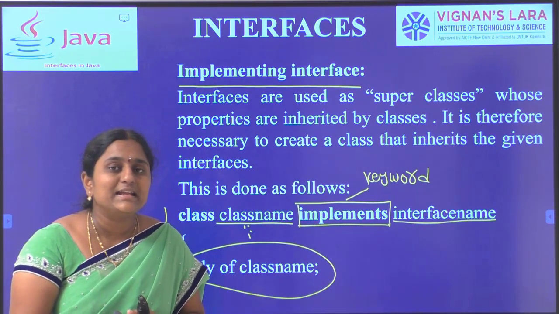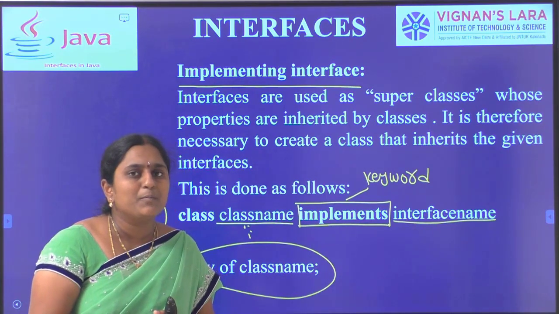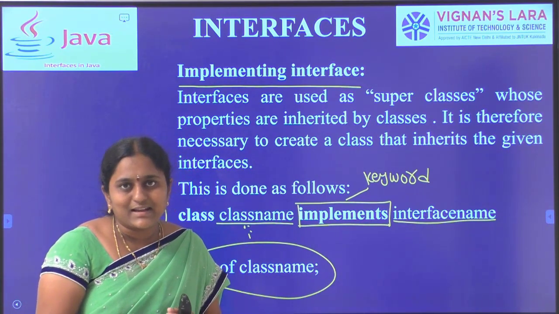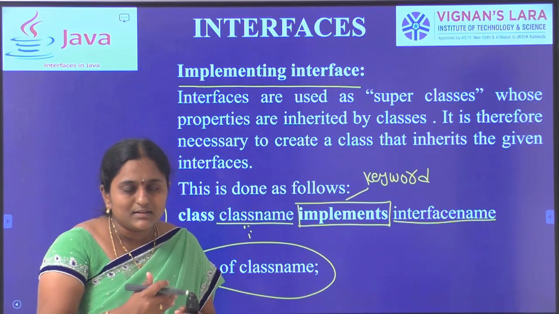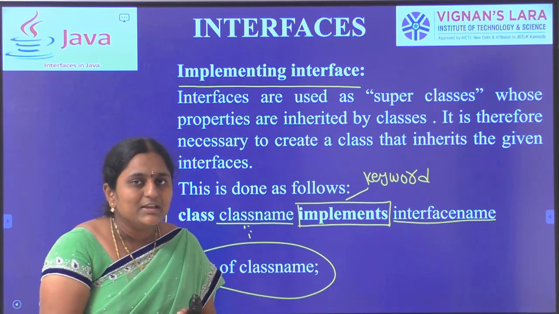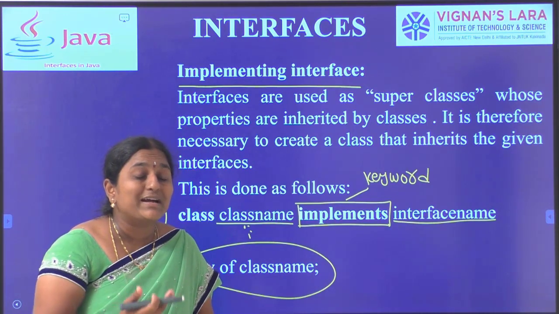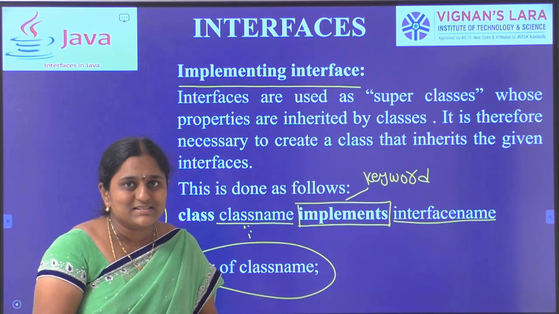Because an interface contains only method declarations without any body, it is the responsibility of the user to provide the method body in the later stages. In a class, that class implements the interface. Here, only with the help of the implements keyword, we can provide the body of the corresponding interfaces.